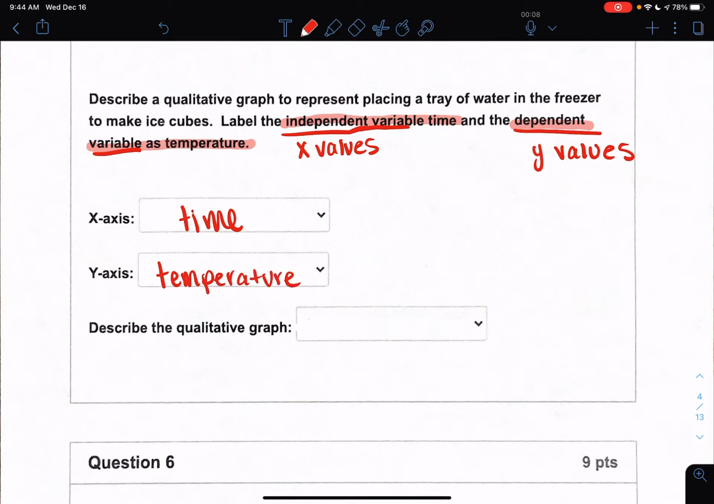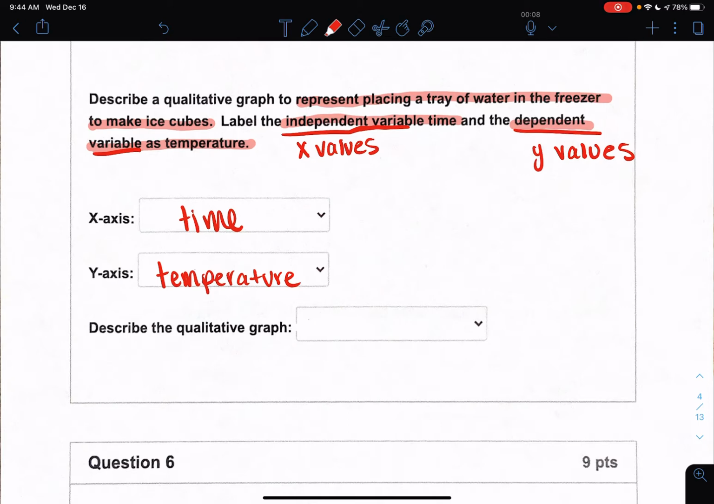Okay, now it says describe the qualitative graph. Since we are describing it, we're basically just saying what the actual scenario is doing to that temperature. It says represent placing a tray of water in the freezer to make ice cubes, okay? Now, the type of options that you have here is starting at 0 degrees or starting above 0 degrees. When we are looking at water, we get it from the faucet, we get it from a water bottle,